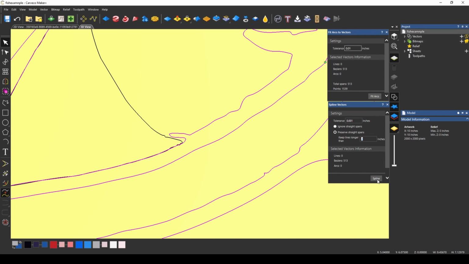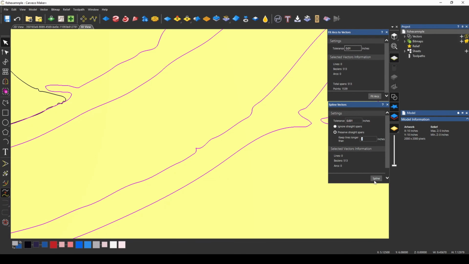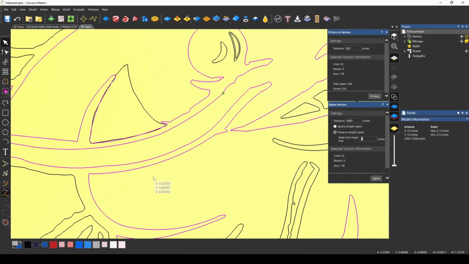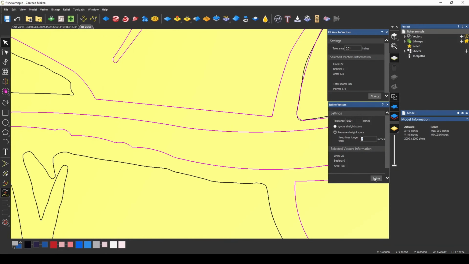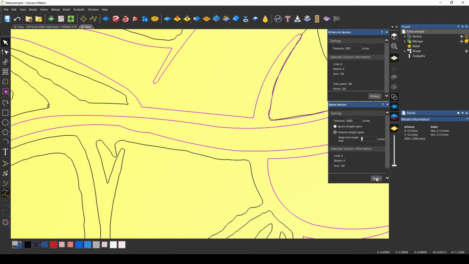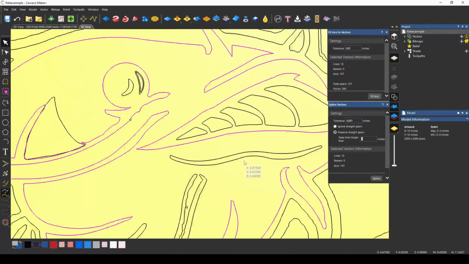The first one we're going to do is spline the vectors. And you'll notice that when I press that it already sort of straightened those out. And now I'm going to press my Arc Fit Vectors tool. And you can see that it quickly straightened those out. We're going to do it again over here. I'm going to spline the vectors and then Arc Fit Vectors. Let's try it again. I have quickly straightened out all of those vectors using this method.